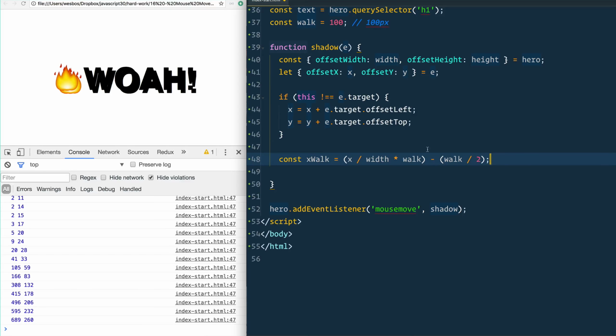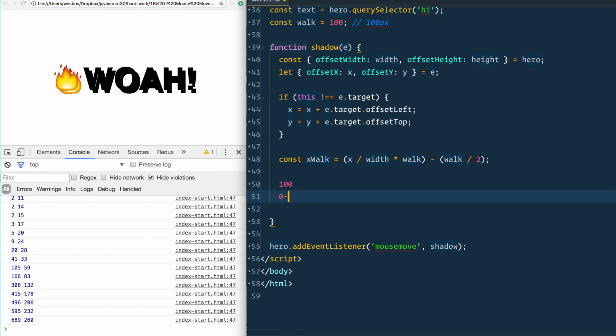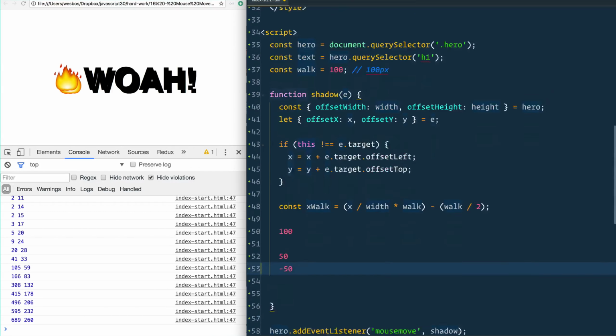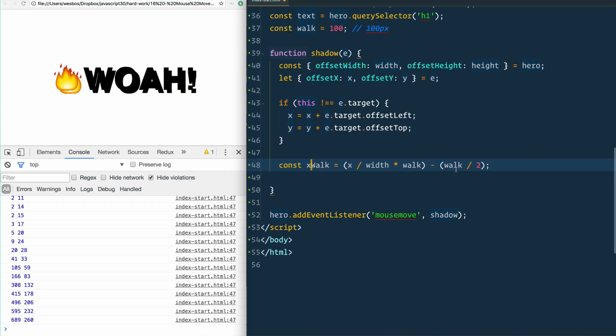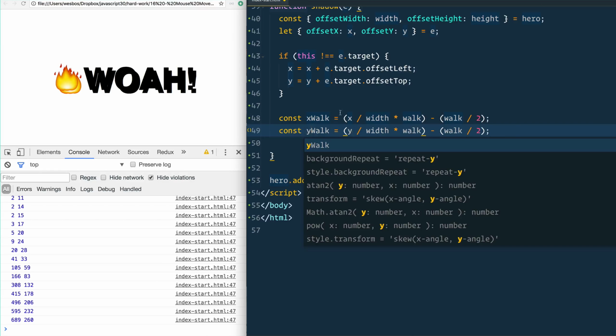So essentially what that is, if 100 is as high as we'll go, 0 is not as low as we'll go. If 100 is our walk, then 50 should be as high as we go, and negative 50 is as low as we should go. So our walk is 100, but we want to go from 50 to negative 50. And that's what this little bit of math is doing for us here. It's sort of offsetting it so that we go to plus 50 and negative 50 instead of 0 and plus 100. And then we can just swap out this xWalk,